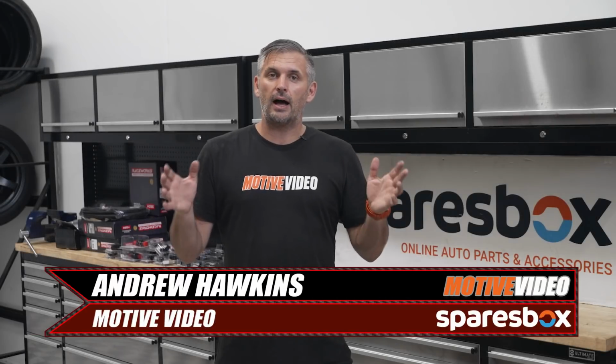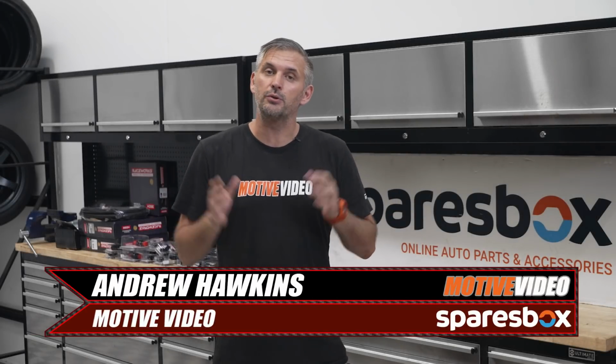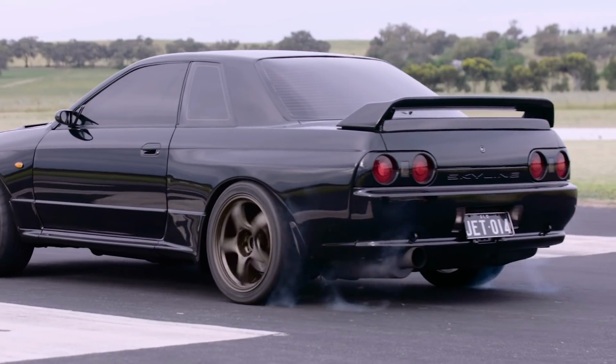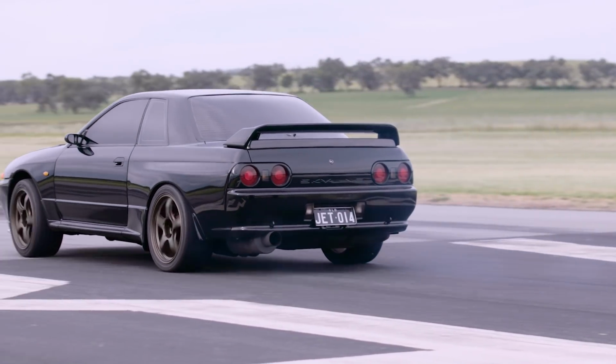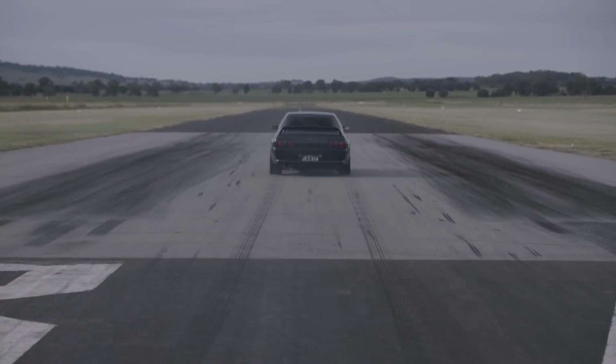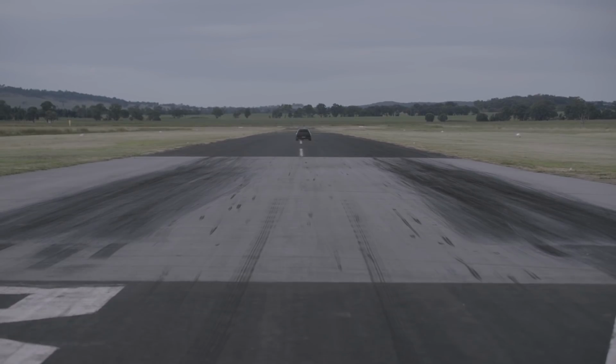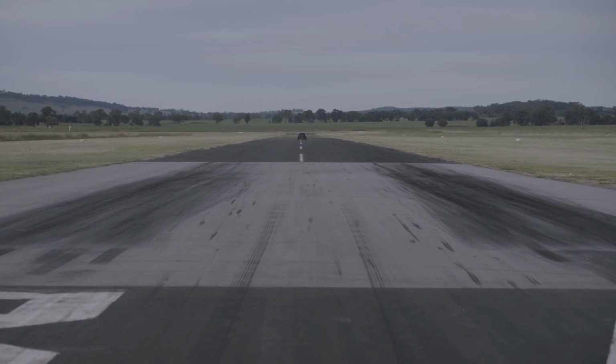If you've been watching our R32 Skyline GTR development, you'll know that when we took it out to Cootamundra Airport, we discovered that we had a fuel pressure issue when we were trying to drag race it. Essentially, it's fine on the dyno and it's fine for the first couple of gears, but if you try to go through from first to fifth in our GTR, it would essentially just run out of fuel just that little